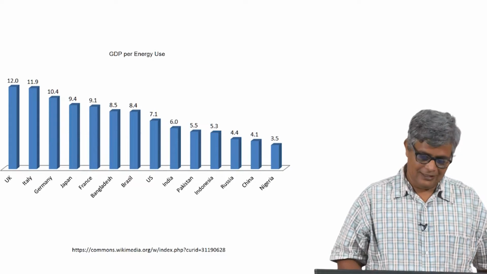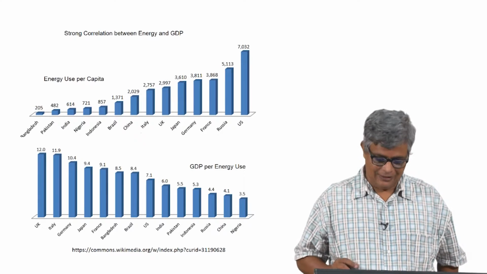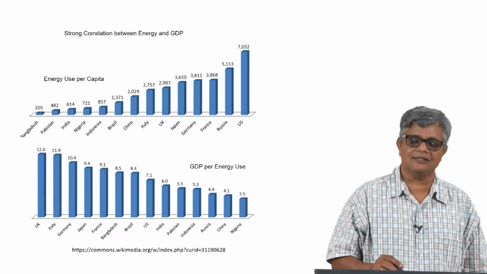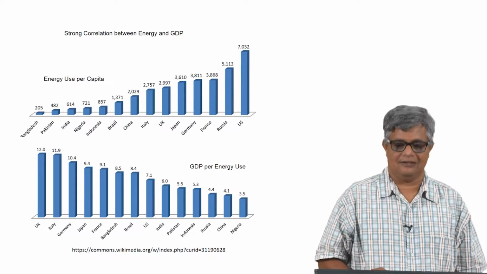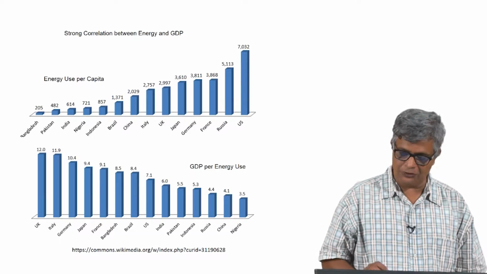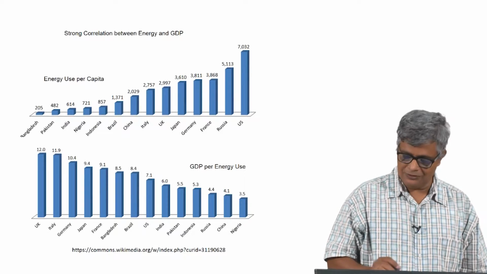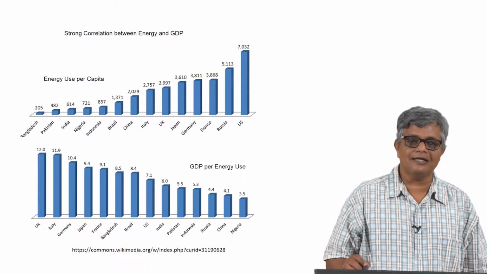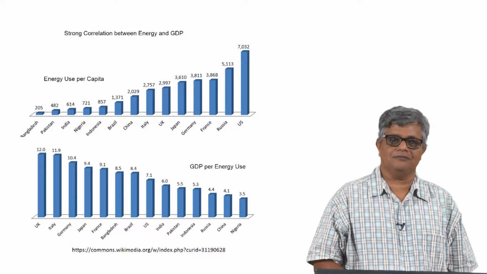What this means is that when you put these two together, the first figure would also translate into the GDP per capita. And what this means therefore is that these countries have very low GDP and these countries have very high GDP. These countries have high economic prosperity and these have very low economic prosperity.